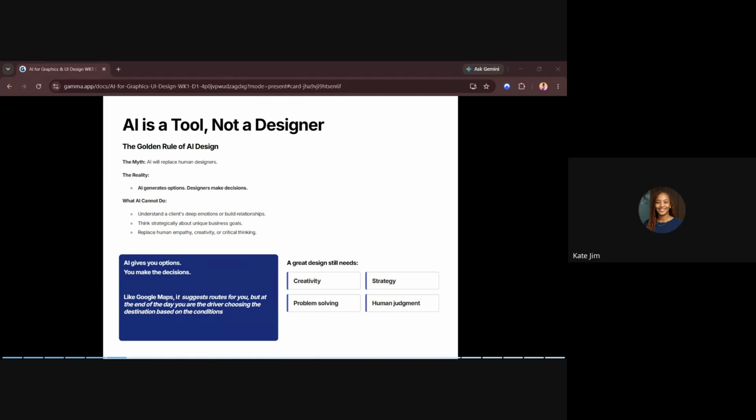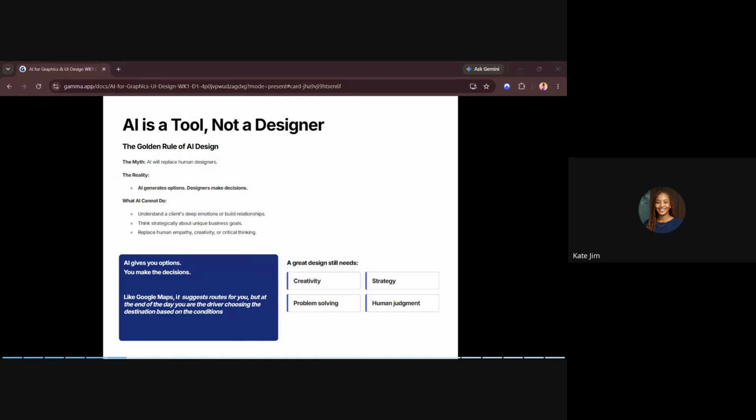So AI gives you options, but you make the decisions. Like Google Maps, you can't tell me that Google Maps is going to drive you. No matter if you reach one remote area, Google Maps says, Oga, you're on your own. No, this is where my journey ends. You continue the journey. I have to rest today. This is the limit that I can reach. So it is just like Google Maps.